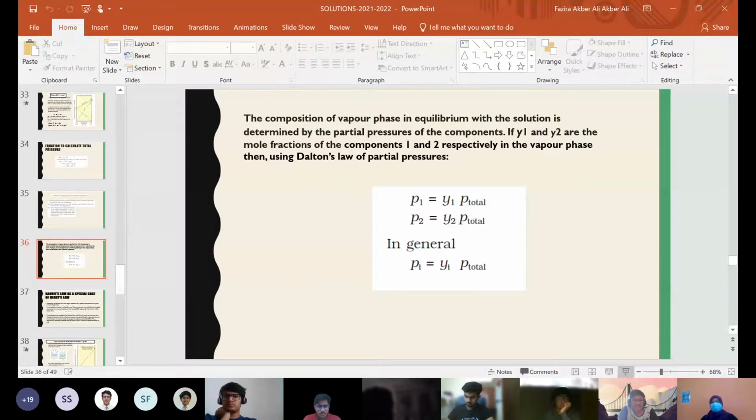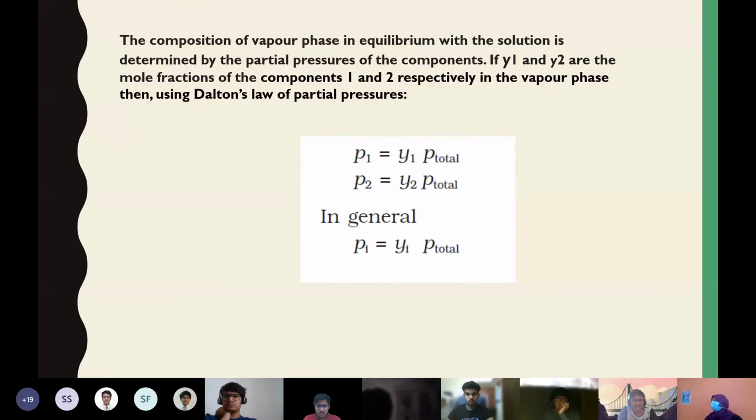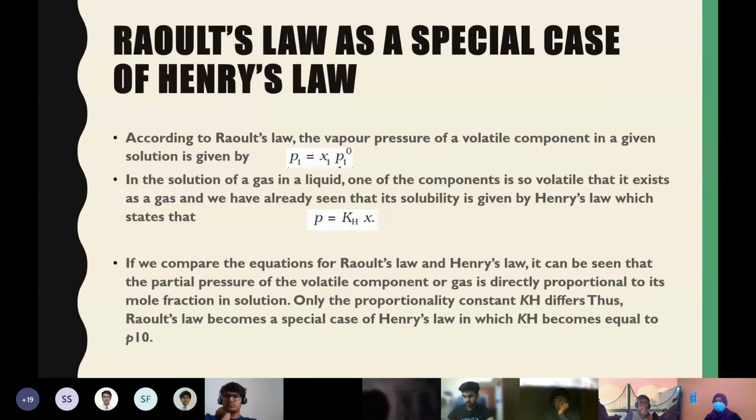Yeah. So we discussed Raoult's law and the modified form of calculating total pressure, and we also got an equation using Dalton's law which connects partial pressure and total pressure in terms of mole fraction in the vapor phase, denoted by the letters Y1 and Y2. And now, if you look into Raoult's law, you can see that it is a special case of Henry's